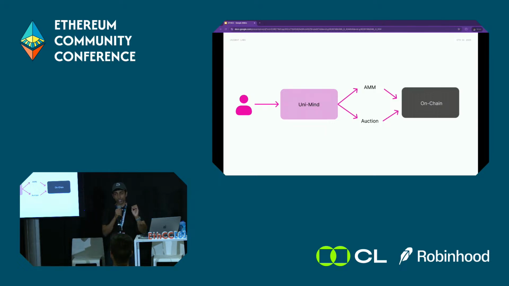Right now, when a user comes in to do a trade, what it can do first is determine, if I am going to send the user to an auction, what is the price improvement that they're going to get relative to an AMM. If that value is negative, then it says you're better off going to the AMM. If that value is positive, it can set the parameters for that Dutch auction. Note that it's not actually submitting the transaction, it's just setting the parameters for an open set of fillers to then fill on.